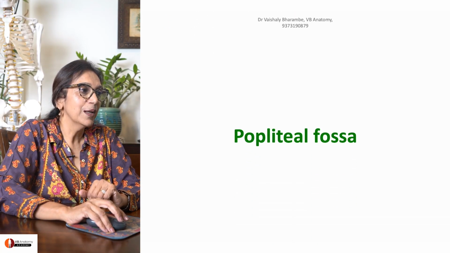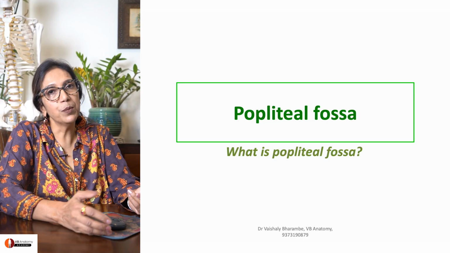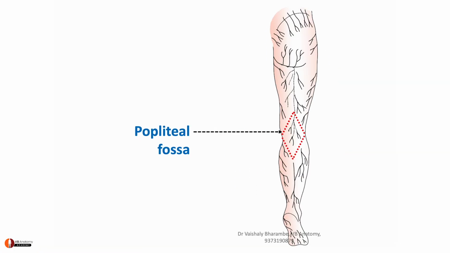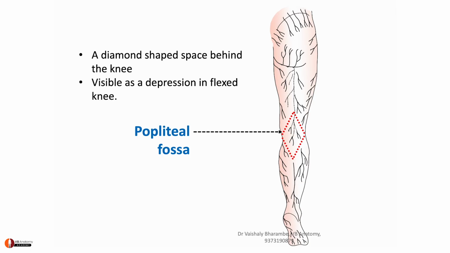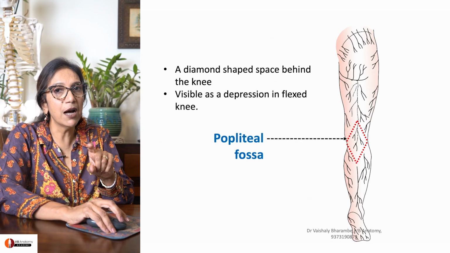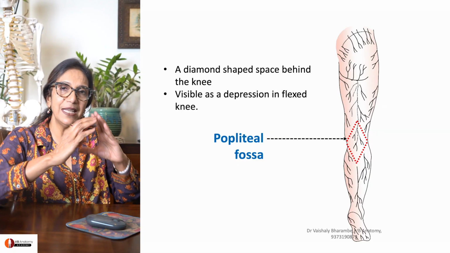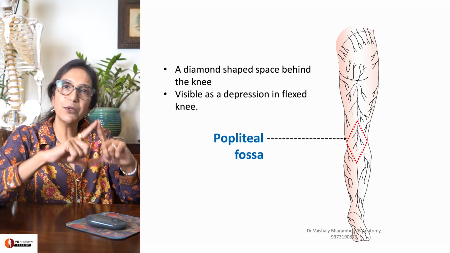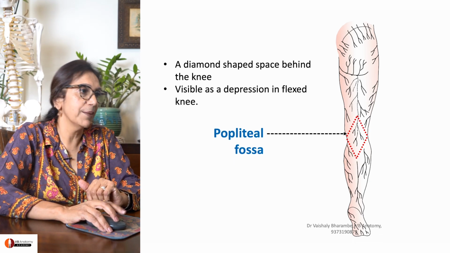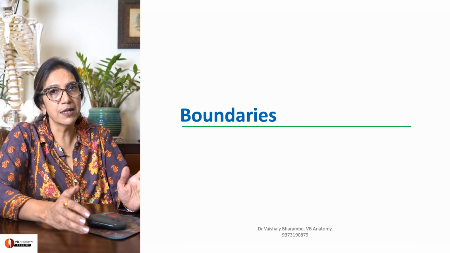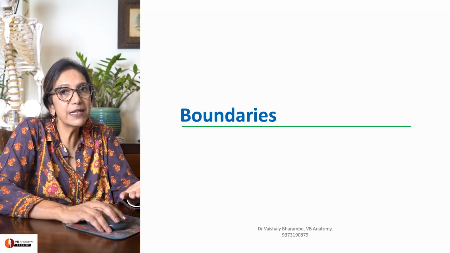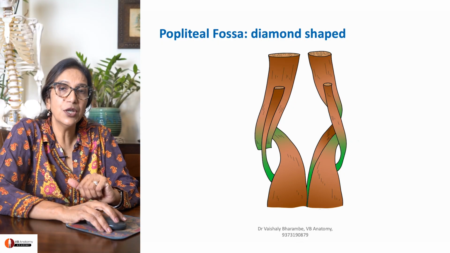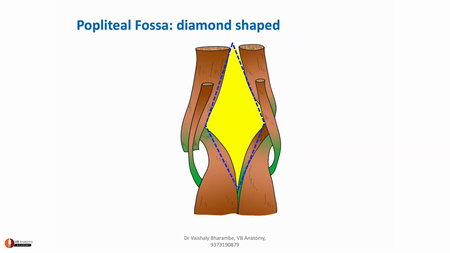Come. So popliteal fossa. What is popliteal fossa? Look at this image to understand that this diamond-shaped space behind your knee, okay, it's a slight depression. If you are sitting now, just feel behind your knee. You will find that there's a little depression there where your fingers go in. That diamond-shaped structure is a popliteal fossa. Right. So what are its boundaries? Now understand that. Probably you've dissected the cadaver. If not, also take a look at this image and understand that it is diamond-shaped like this.